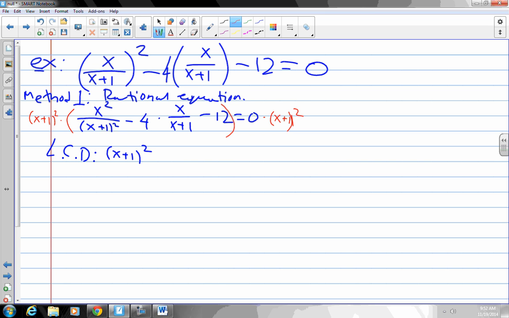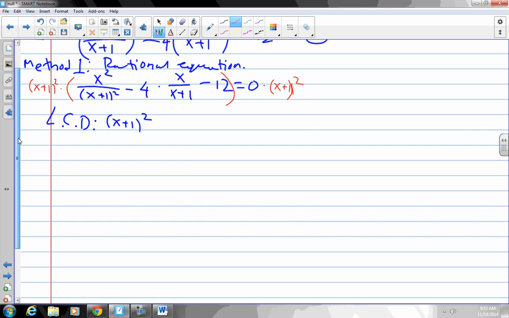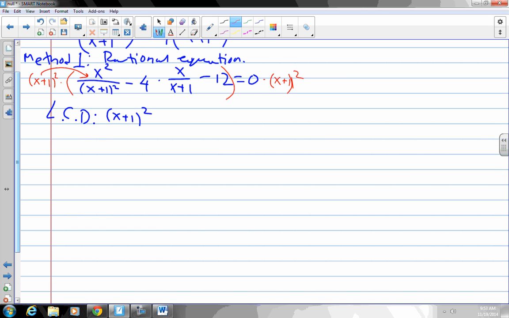Now look at the fun part. So we're going to start distributing. Distribute the first. The denominators cancel, right? Remember that trick? And we're left with the numerator, x squared. Then we distribute through the second one. Only x plus 1